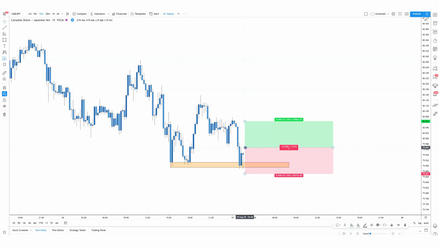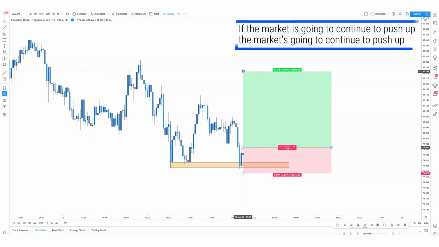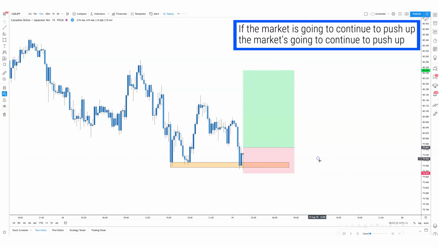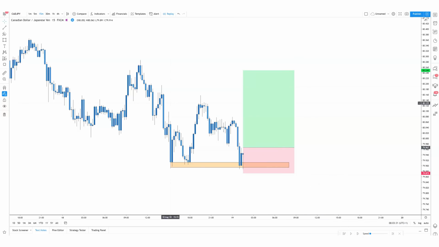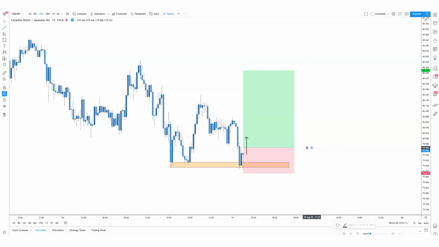Well, personally, I just want to see if the momentum is strong enough to break above some of these highs. If the market is going to continue to push up, then guess what? The market's going to continue to push up. And if the market is not, then I won't be triggered into the trade. Now, you can enter this more aggressively or more passively. It is really up to you guys. But the point is, the only time I want to be triggered is when the momentum shifts. That means once price crosses this line, I'm in the